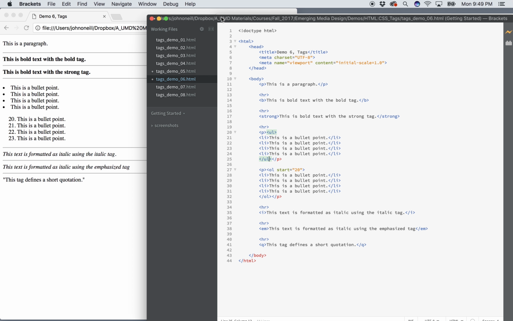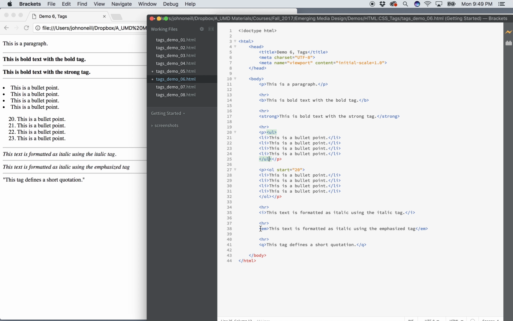So just look at that inside of brackets. Okay, so as before I have the I tag, the A tag, and then